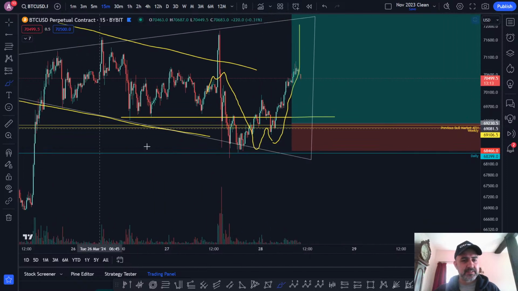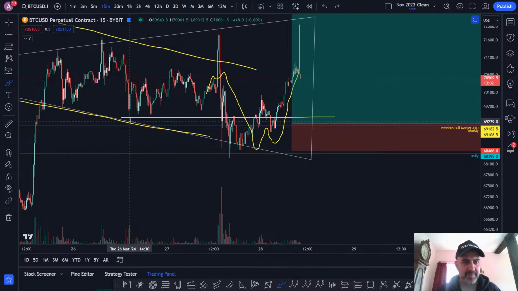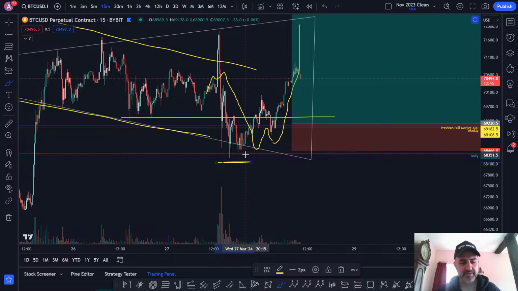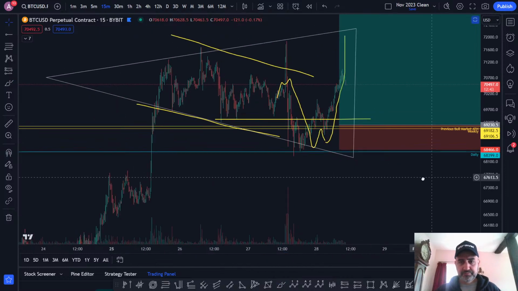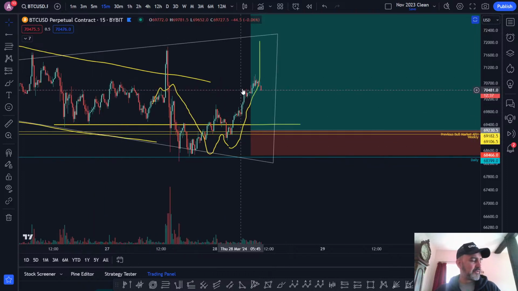Once this cluster of market structure had been formed, and as the price came back above this yellow line, that was what I was interested in, like a failed auction, but with the price coming back above this previous pivot low here. Then I took the long, and I put my invalidation underneath these lows, and I've taken profit now. I've taken my 1%. So it moved enough for me to risk 1% and take 1% in this trade.